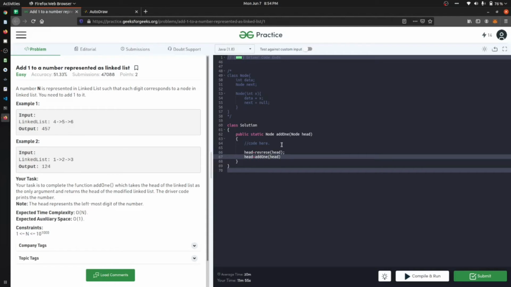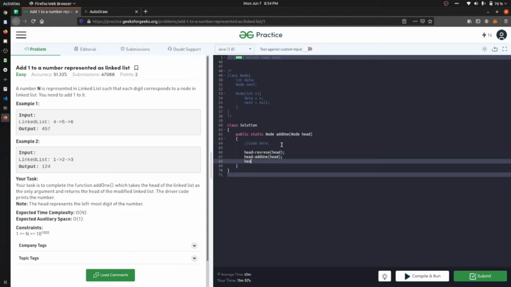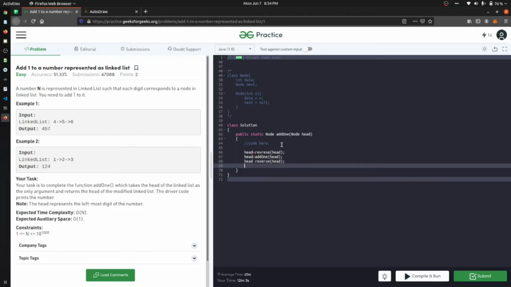It will add 1 in the head, and then again we will reverse the head. After that we can return that, or we can directly return this thing. So we know that reverse is not a function and add 1 is not a function.